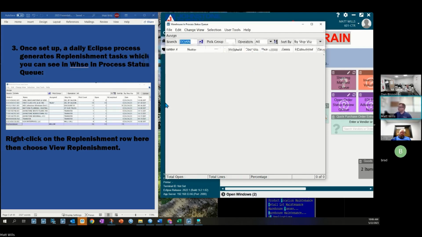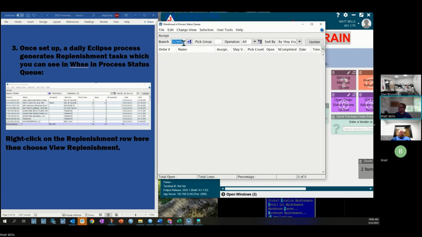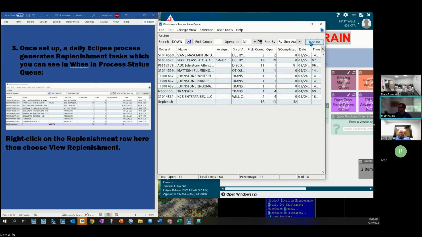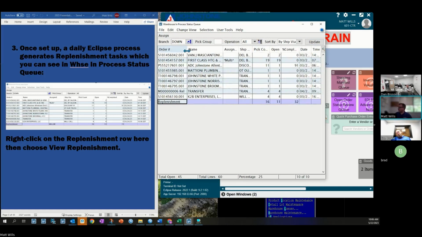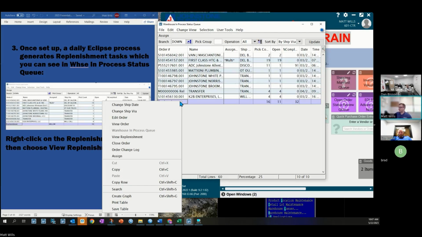So in Solar, and I'm in the training account, if I put in Downingtown, you can see, I think it's always at the bottom. You can see it says replenishment, and there were 16 products, and then I've already been playing with some, so some are already done. But if you right click on replenishment here, you can see the detail